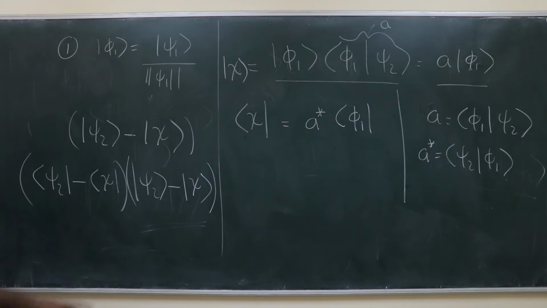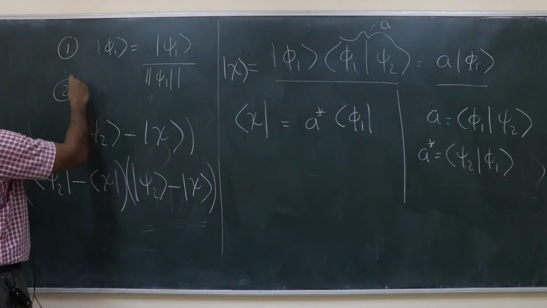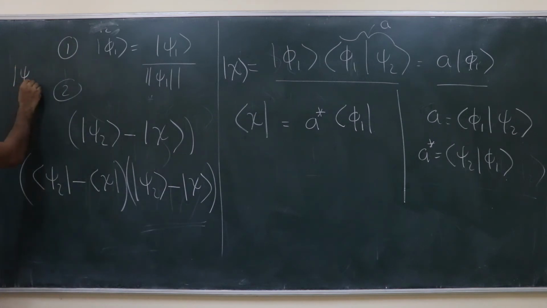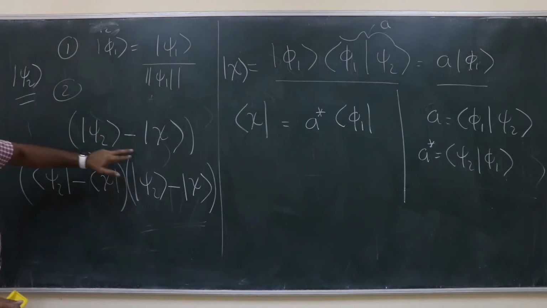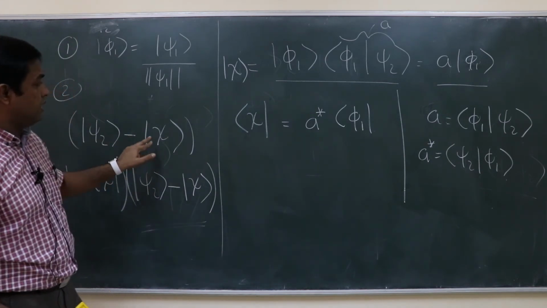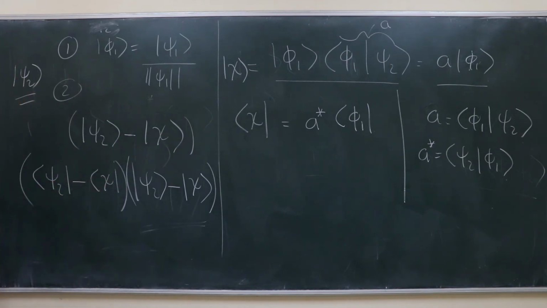No, sir. So this is the second term of that, after means when you were trying to find out the ket psi 2, you want to normalize ket psi 2. So when you want to normalize the ket psi 2, you have to take the psi 2 minus the projection of psi 2 along phi 1. So that projection of psi 2 along phi 1 is basically this chi. So this is the quantity you are getting.